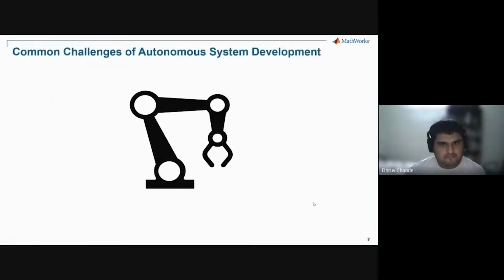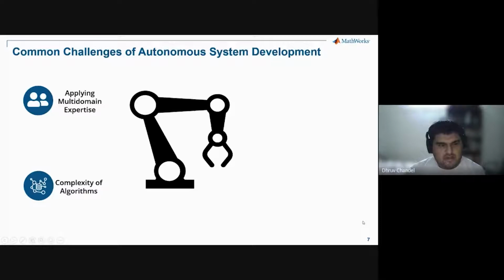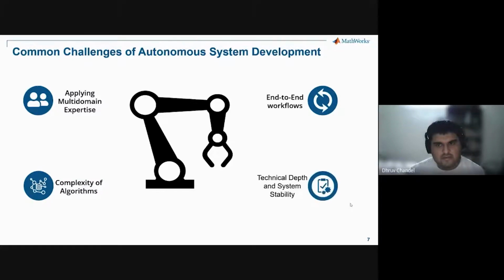Okay. So some challenges of autonomous system development. We have to apply multi-domain expertise. We have to have many different kinds of algorithms. There might be vision algorithms, there might be algorithms for movement, there might be algorithms for navigation, planning, etc. We need end-to-end solutions, so we need to go all the way from software to a working physical prototype or even a production thing.